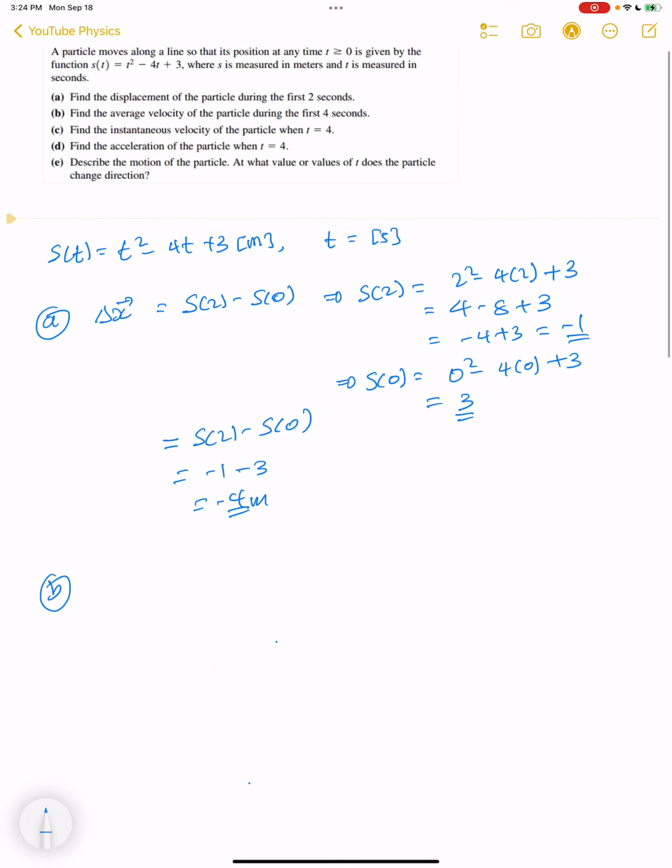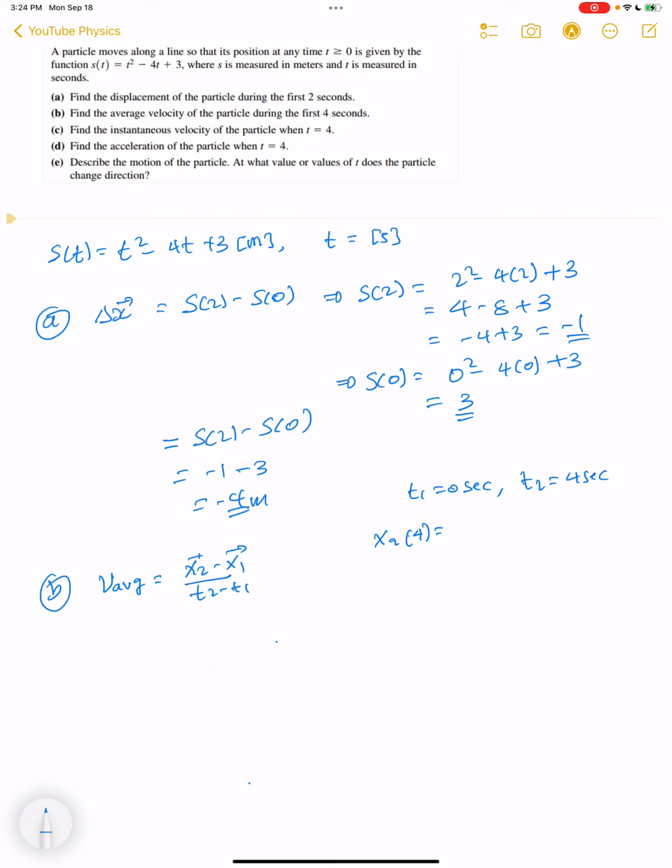B is asking us to find the average velocity of the particle during the first 4 seconds. So remember the definition of average velocity, which is given by v average equals x2 minus x1 over t2 minus t1, right? This is a vector quantity. So in this case, t1 is 0 seconds, t2 is 4 seconds, and then x2 is found by putting the